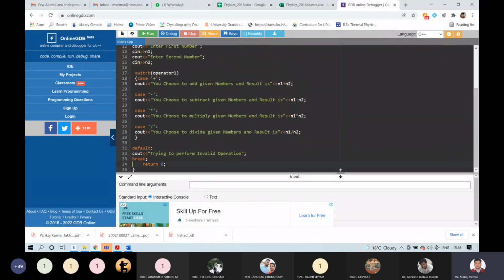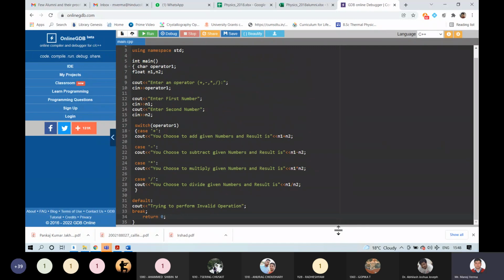So in short, in this program, what you have done is you have defined a variable which we will be using in switch cases. You are asking the user for a particular operator. You are storing that case into a variable operator 1. You are storing two numbers entered by the user in variables n1 and n2.